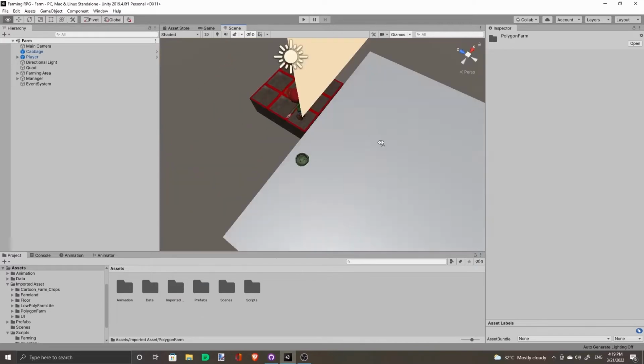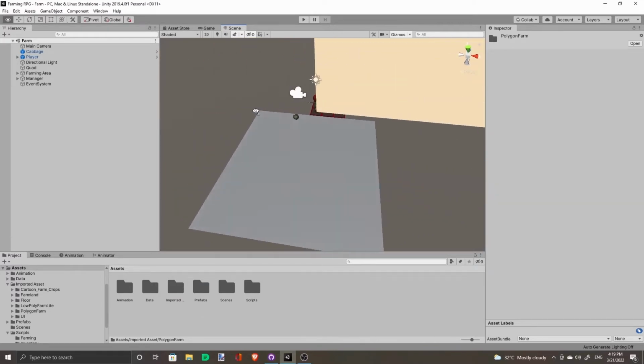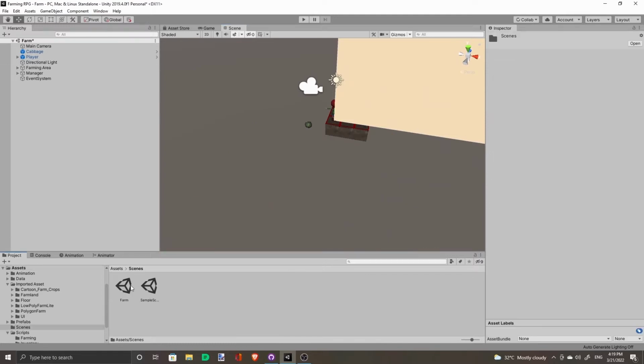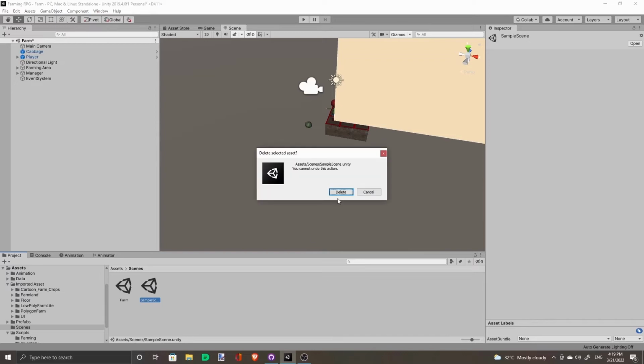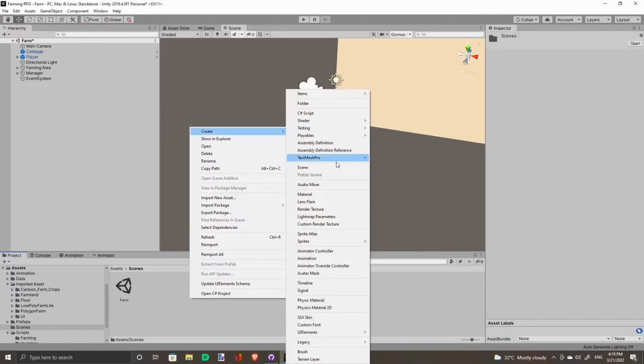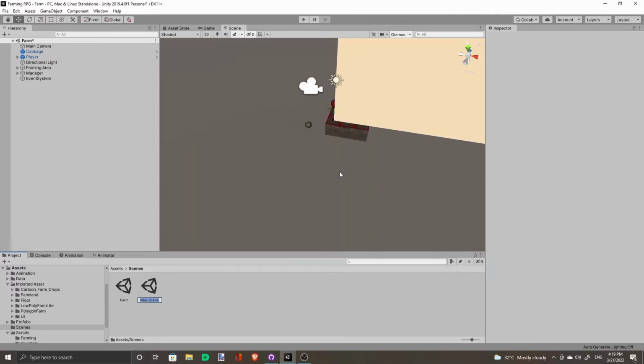Okay, let's set up the scene. We're going to have three scenes to work with: the farm, the player's home, and the town.